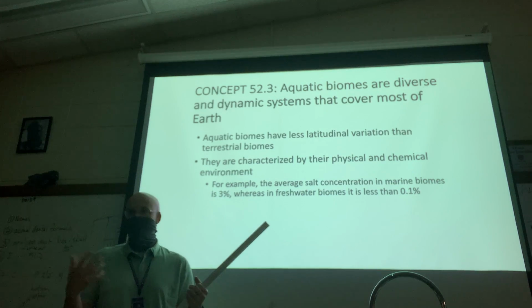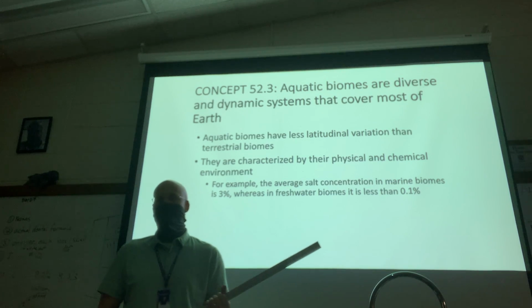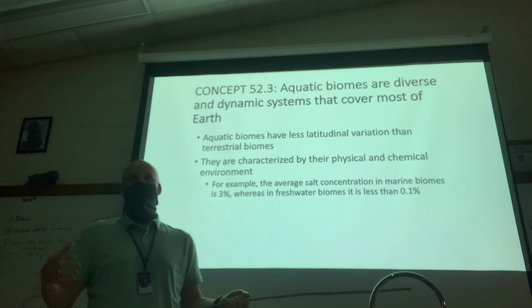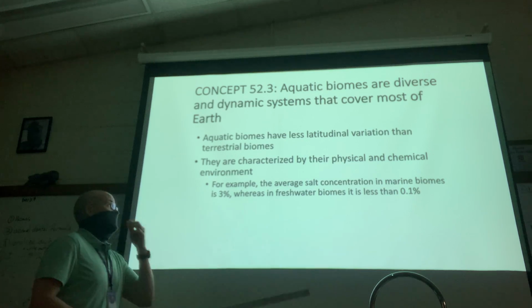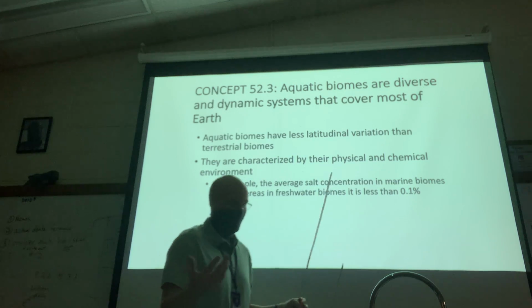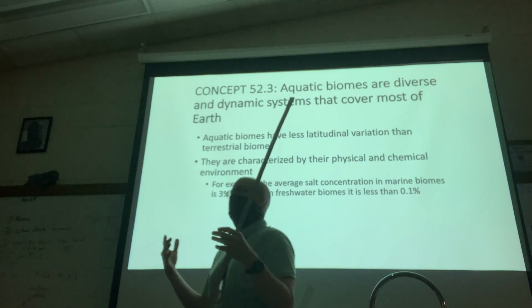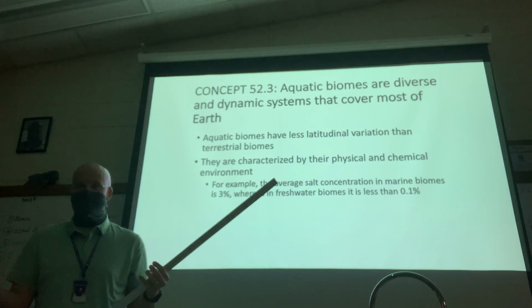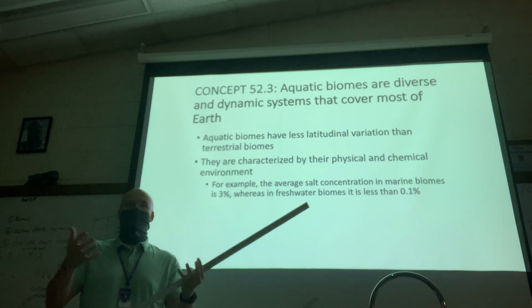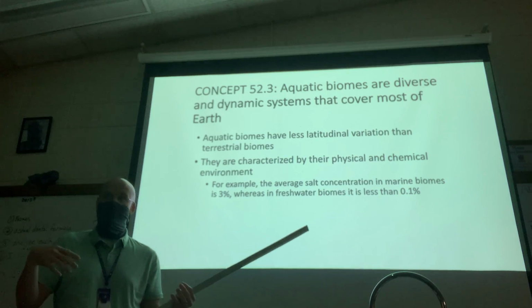Some of them I will describe to you with a little detail, and some of them you can just read on your own. It's not that there's nothing special about them, but I don't feel the need to go into much depth. Okay, so with aquatic biomes, what you find is that a lot of chemical factors influence that environment much more so than, say, terrestrial environments. So the kind of rocks or type of soil that's in the region can have a big effect on the